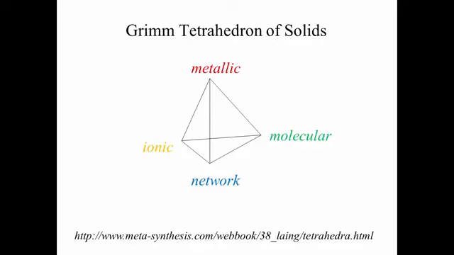So before we get into the bonding, for ionic bonding, we want to look at the different types of bonding that are possible in solids, and the bonding type will determine the properties of the solids in addition to the structure of the solids. And this is adapted from Laing's tetrahedron of solids. This was actually originally described by a German chemist named Grimm, where he noticed that there are 4 different types of solids. There are metallic solids,